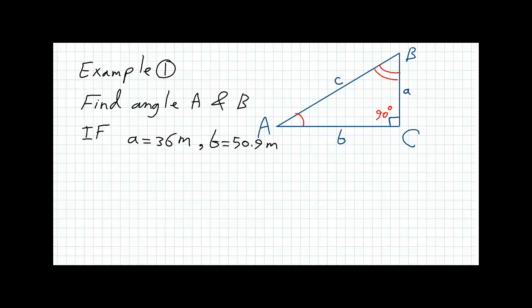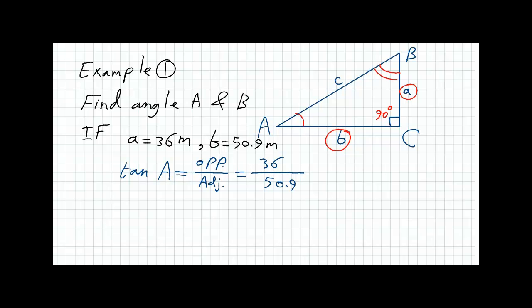The solution for this problem is going to be by using your calculator to find the sine or the cosine or the tan. Since you are given here the value of A and the value of B, with respect to angle A, if you want to find angle A, you have the opposite side and the adjacent side. So you can say that tangent of angle A is equal to the opposite side over the adjacent side. And this is equal to the opposite side to angle A, which is 36 meters, over the adjacent side of angle A, which is side B, and it is given